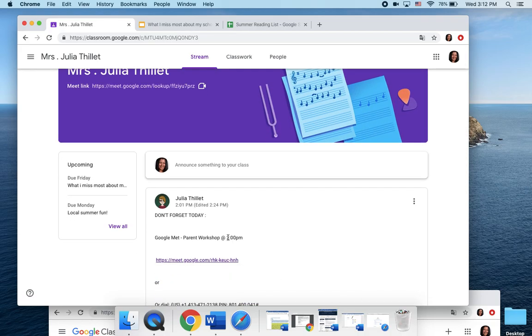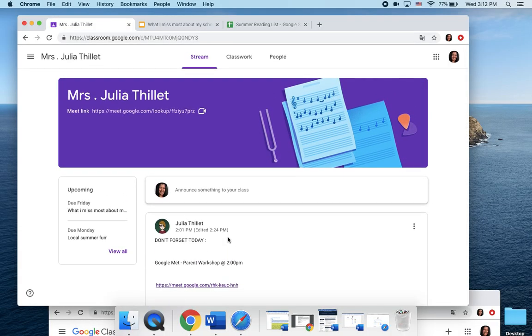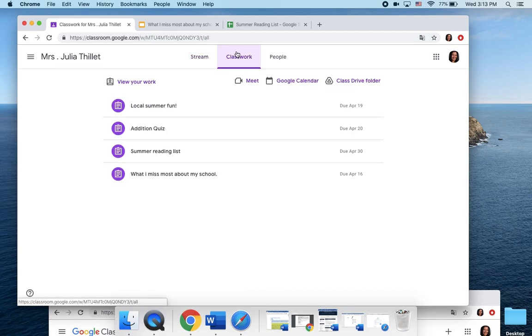Another important thing, and again, all of these announcements are here. And for your students, it may be more than that. Again, this is just an example. I'm going to go into classwork. This is what's important for parents when they want to see if their child has been completing their work. How do we do that? Simple. We hit classwork. Once we hit classwork, I can see all of the assignments here that the student has